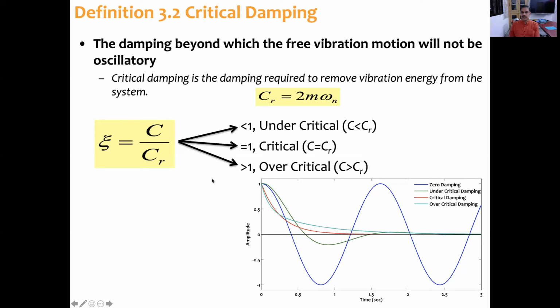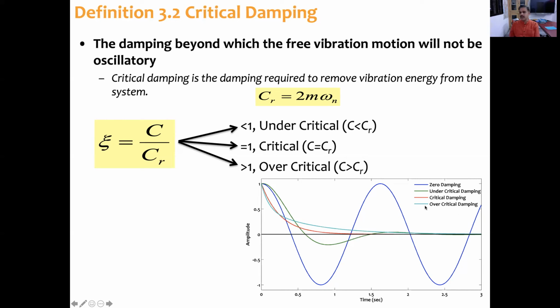Now let's look at this graph. This blue curve indicates without damping, so the oscillatory motion without damping. And this red line indicates critical damping. You can see that from amplitude 1, it is coming to 0. This red line is not making any oscillatory motion, that means it is not going beyond the mean position. But if the damping present is under critical, then it makes to and fro motion, and after a few cycles, it comes to rest.